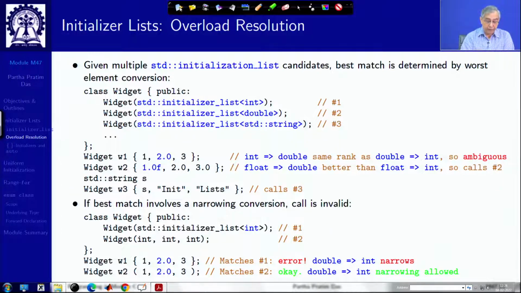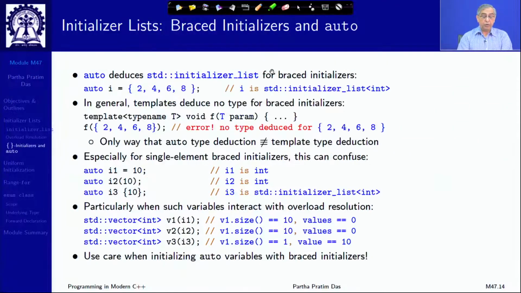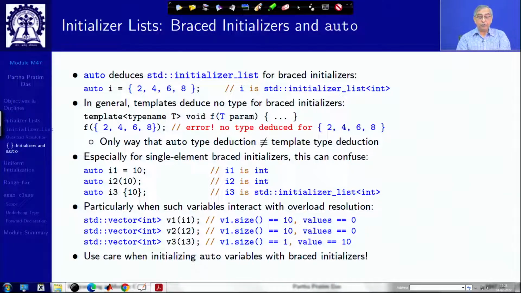Whereas, if you use 3 values within curly braces, within parenthesis, then by overload you are binding to the second constructor, where the narrowing is allowed, and that will compile and W2 will get constructed, right. So, this is the difference. You have to remember that narrowing is not allowed for braced initializer, right. So, if you look at it with auto, this auto we have seen earlier also will deduce